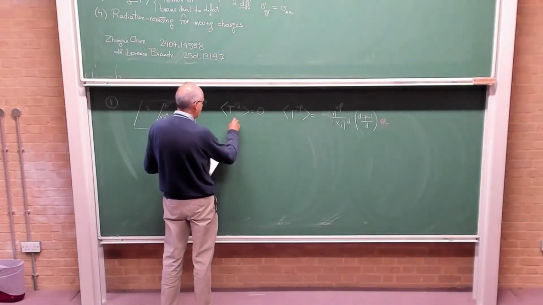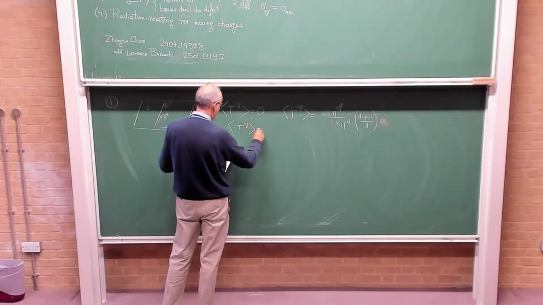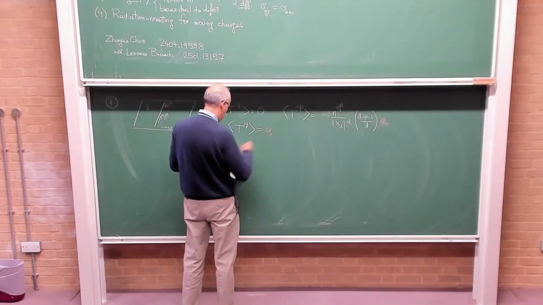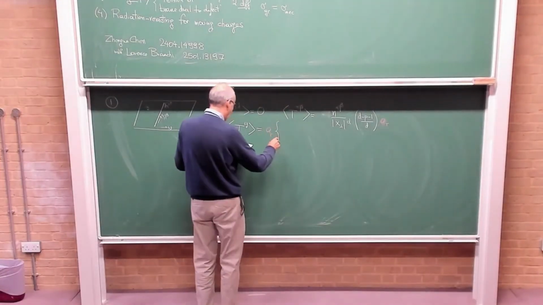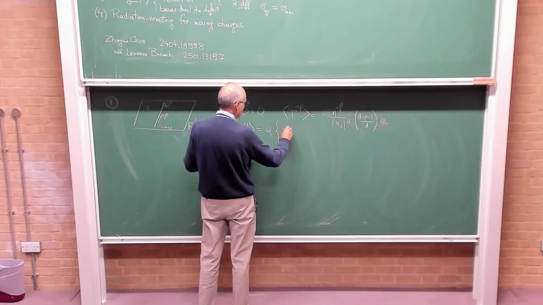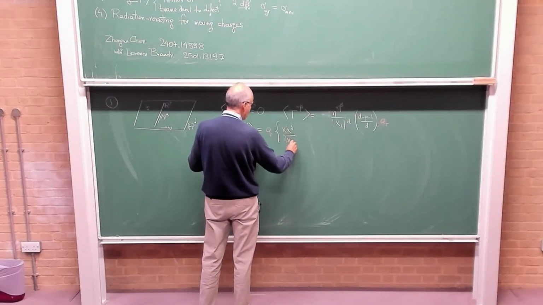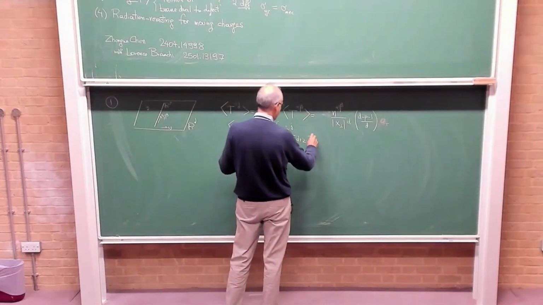And finally, T_ij is the same A_T, and then it has now two tensor structures: x_i x_j over x transverse to the power d plus 2, minus (p plus 1) over d,